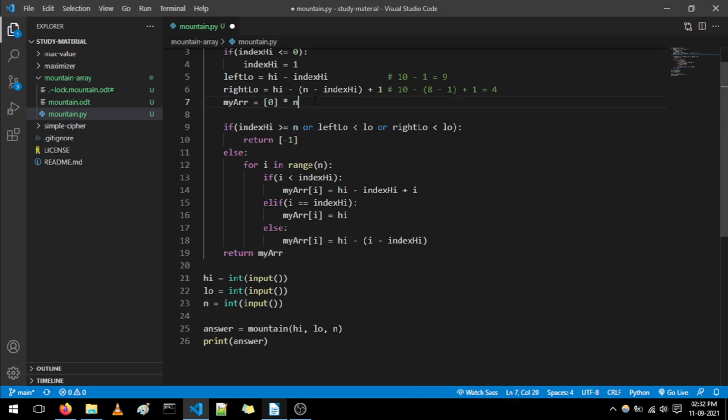Here in Python we can assign an array with n elements. Okay, so we are simply doing it. So suppose if the value of n is 4, then the array will look like this. This is nothing but simply initializing an array with zeros in it. Okay, now we are checking one condition